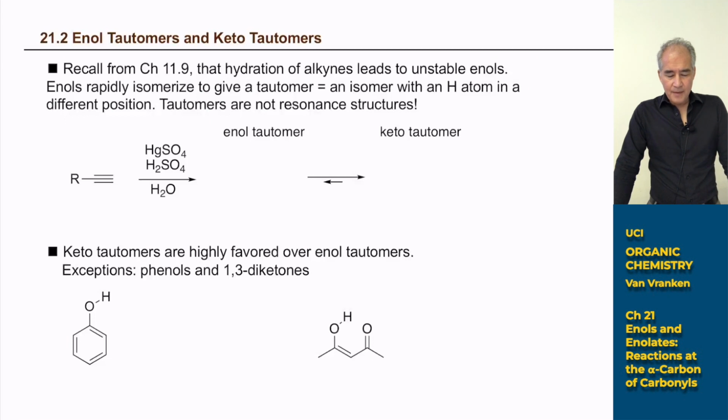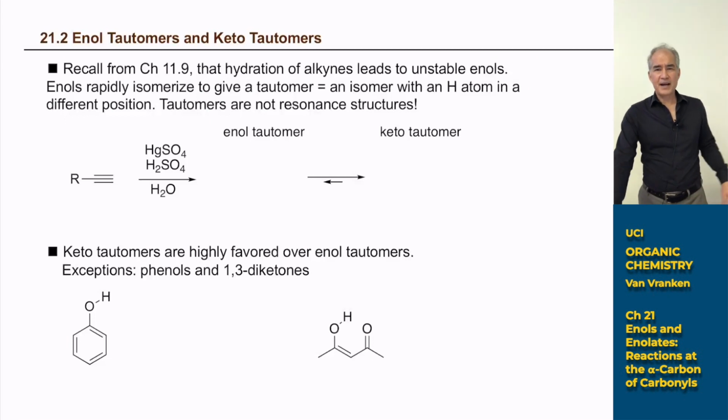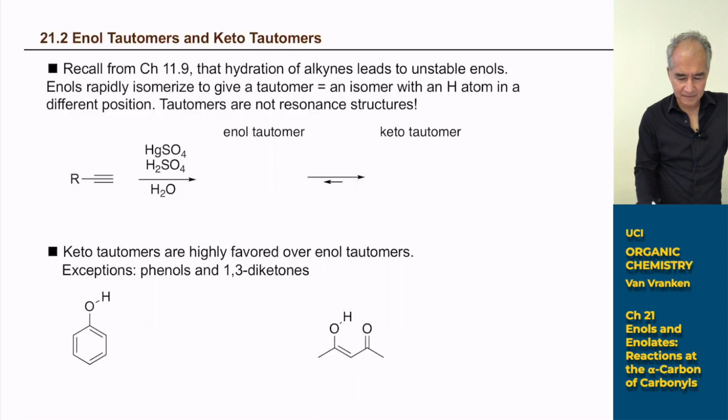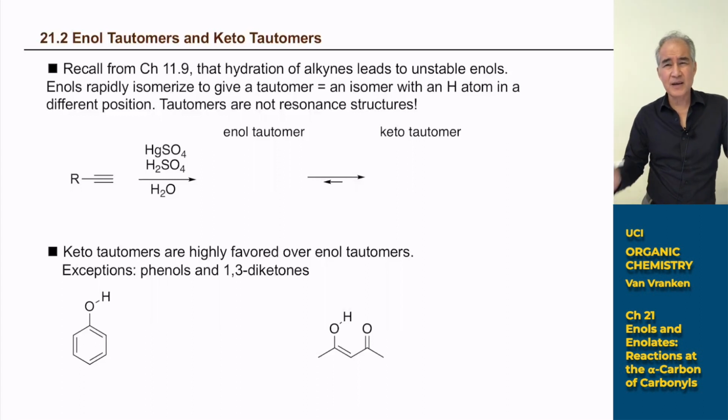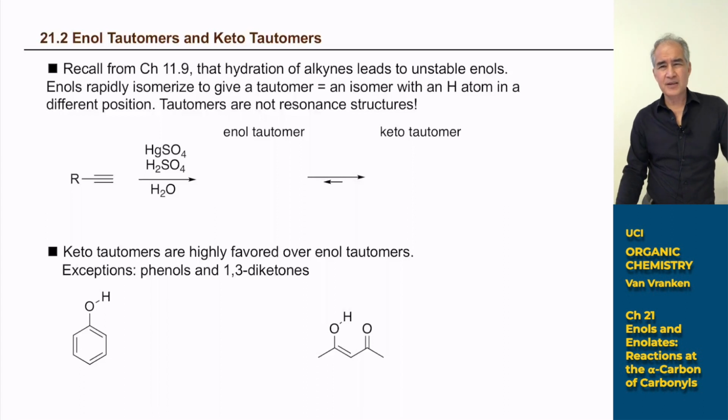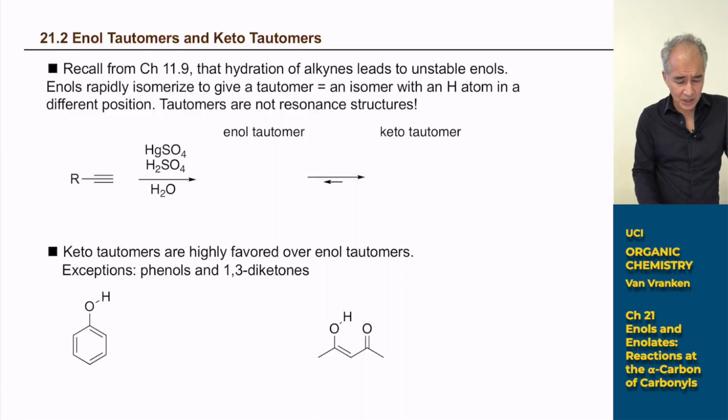Now, we need to talk about a special form of isomerism that was kind of hinted at in an earlier chapter. That special form of isomerism is referred to as tautomerism. And instead of saying the word isomers, we have a special name for isomers that are different only in the position of a proton. So way back in chapter 11, the alkynes chapter, we taught you that